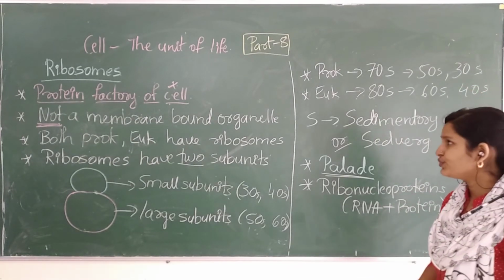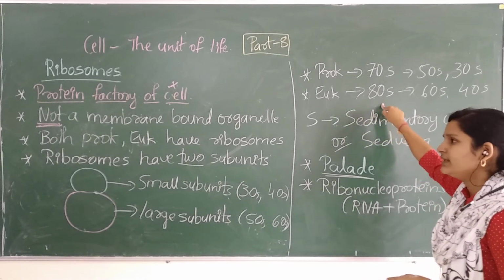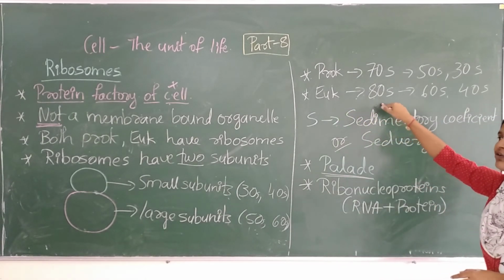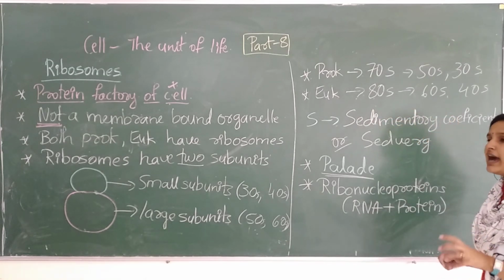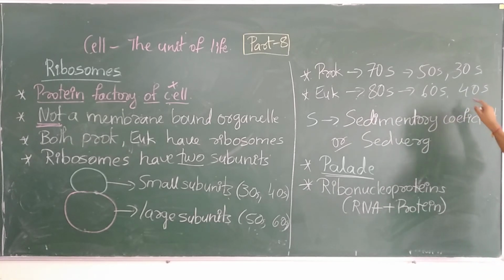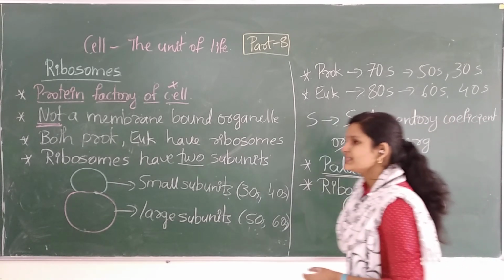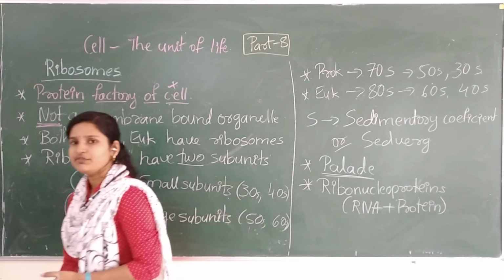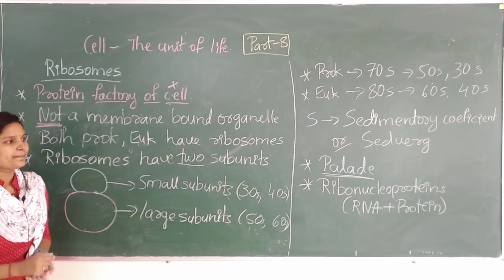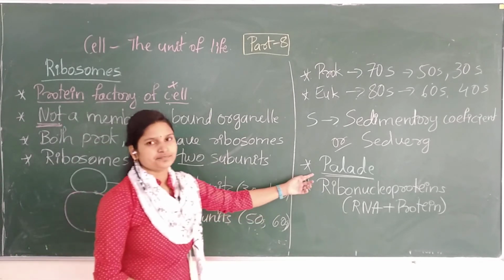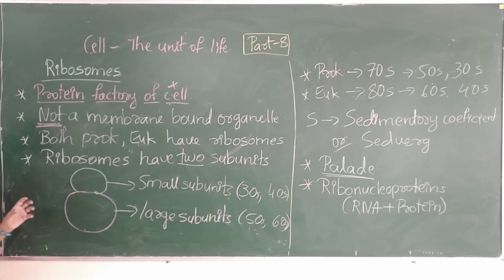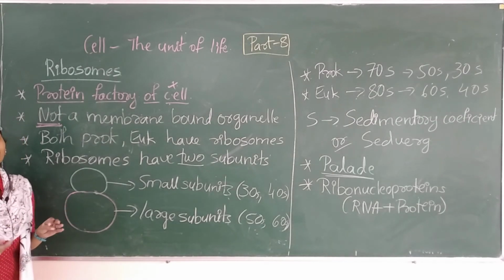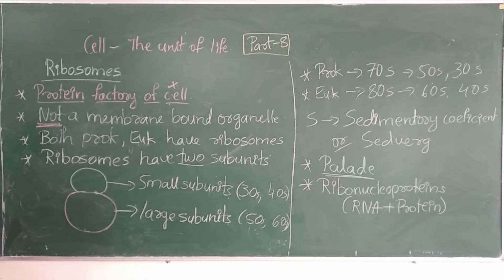And in eukaryotes, there will be 80S ribosomes. That will be further divided into the large one, 60S, and the smaller one, 40S, where S stands for sedimentation coefficient or Svedberg unit. Okay, understood? Remember the scientist name. Remember the structure is very unique here because they need to synthesize the protein with the help of the translation process.